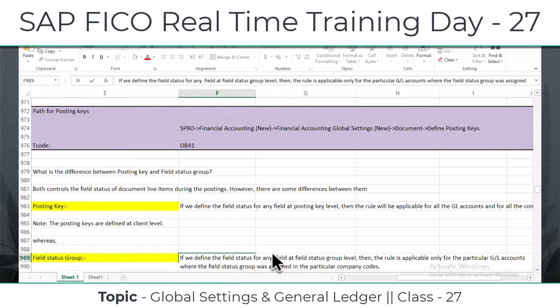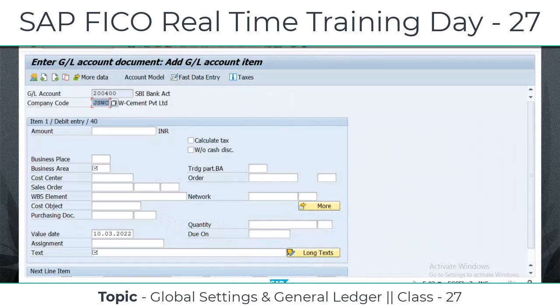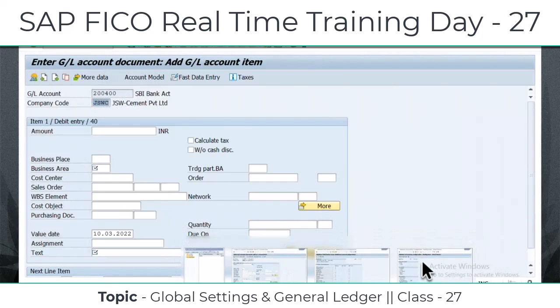Whereas if you define the field status for any particular field at field status group level, right? Then what will happen? The rule is applicable only for the particular GL accounts where the particular field status group was assigned in this particular company code. Okay, what does that mean? I'll show you. Instead of posting key level,